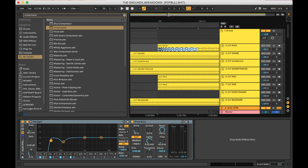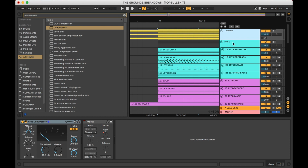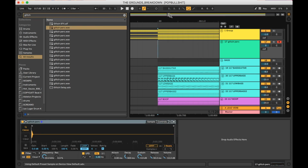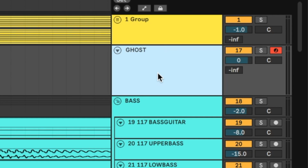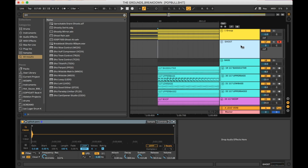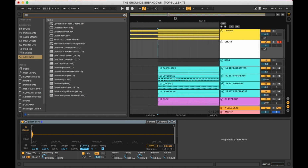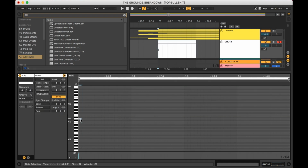So instead of using the actual kick for our sidechain input, we can go ahead and create a new empty MIDI track and get a sound that's really, really quick, like this glitch perk sound, let's say. And what we're gonna do is use this as our ghost. So I'm gonna rename this, call it ghost, color it white because it's spooky. And what we're gonna do here is create a new empty clip. We're gonna make it 1 bar long, Command-Shift-M, and we're gonna put that glitch perk on everywhere the kick is